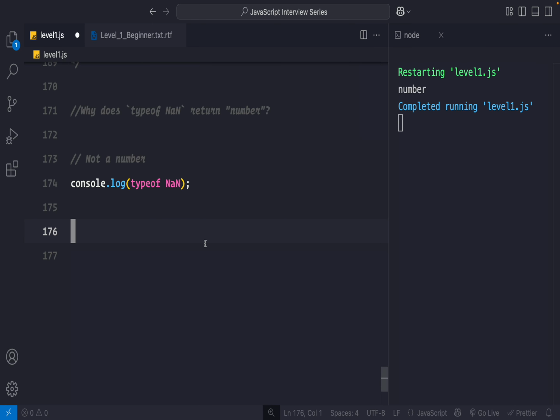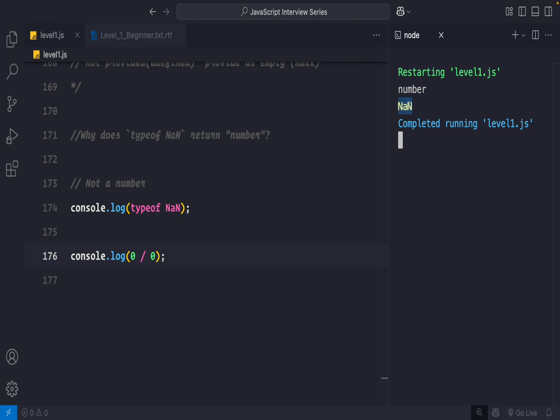So if a number is not a valid number, then it returns you NaN. That means not a number, but the type is still number, because eventually we are dealing with a number. So if you do console.log(0/0), a very simple way of explaining NaN: what do you think will be the output? If you are doing some mathematical calculations other than programming, what if I ask you to divide 0 by 0 and tell me the output? Nothing. It's just nothing. So that nothing is represented by NaN,